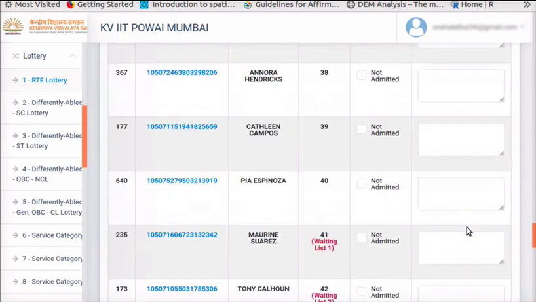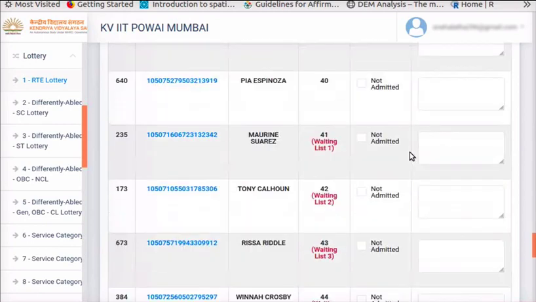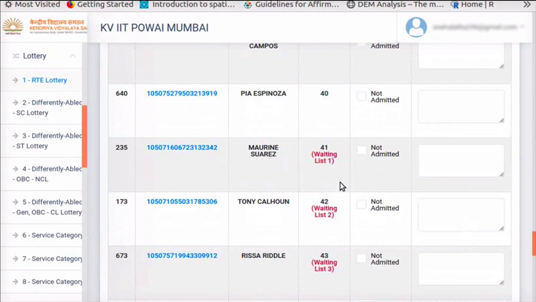Notice that the waiting list applications are marked. These are marked after the allotted RTE applications are filled. The number here is 40. Hence, waiting list applications are marked from 41st application. Please note that an applicant may have different waiting list numbers in different admission categories. Scroll up and read the important message about waiting list.